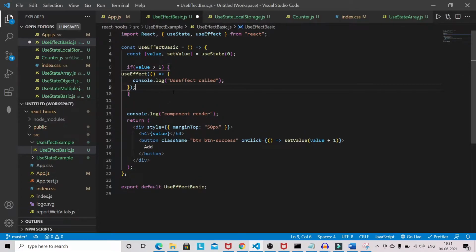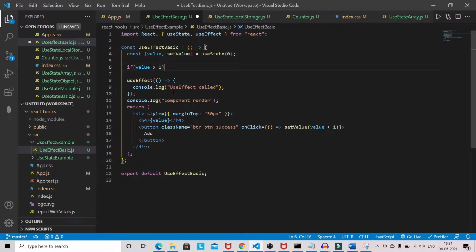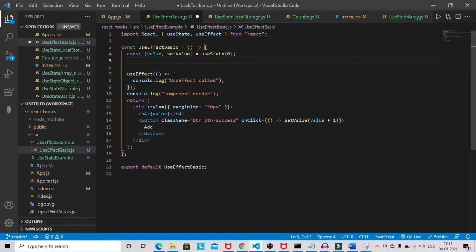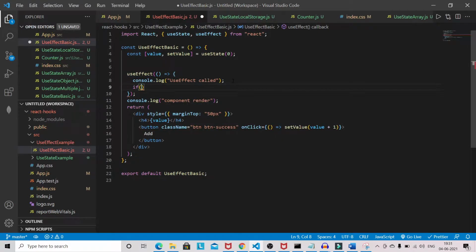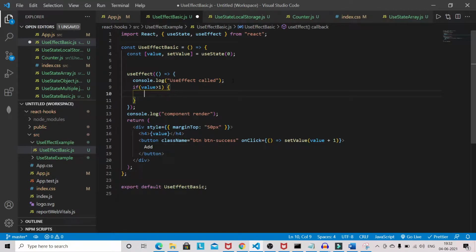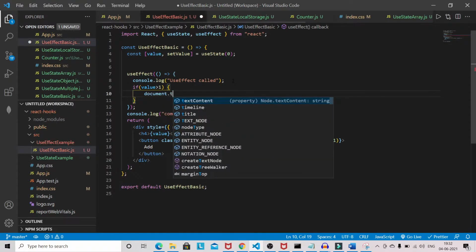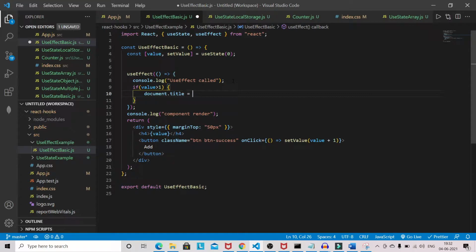So I will just revert this one, and inside the useEffect, value greater than 1, and if value is greater than 1, then document.title, and I will give a message, and I will give the value.